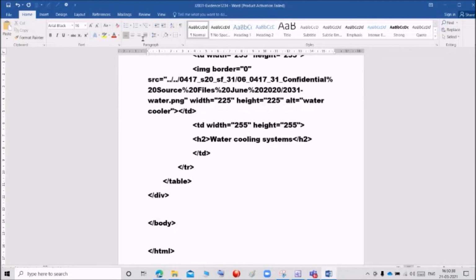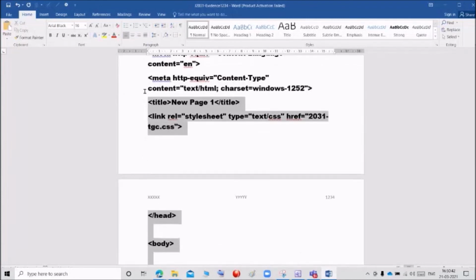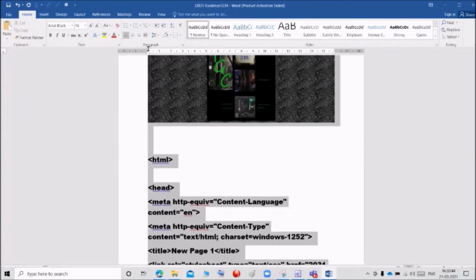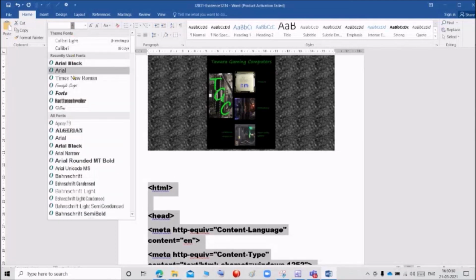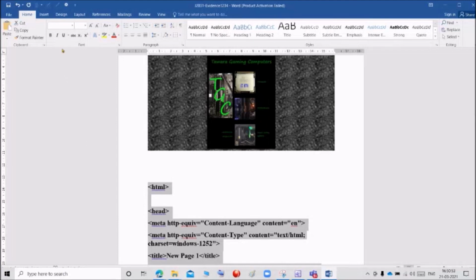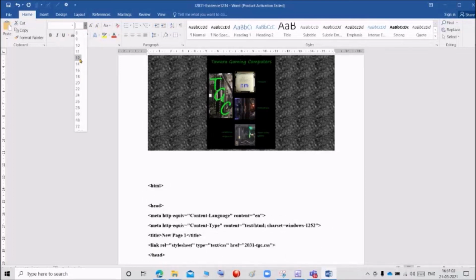All of it is in bold. So I'm going to resize the fonts. I'm going to give Times New Roman, not bold. If you want, you can give bold. That is your wish. I'm going to minimize the size to 12.